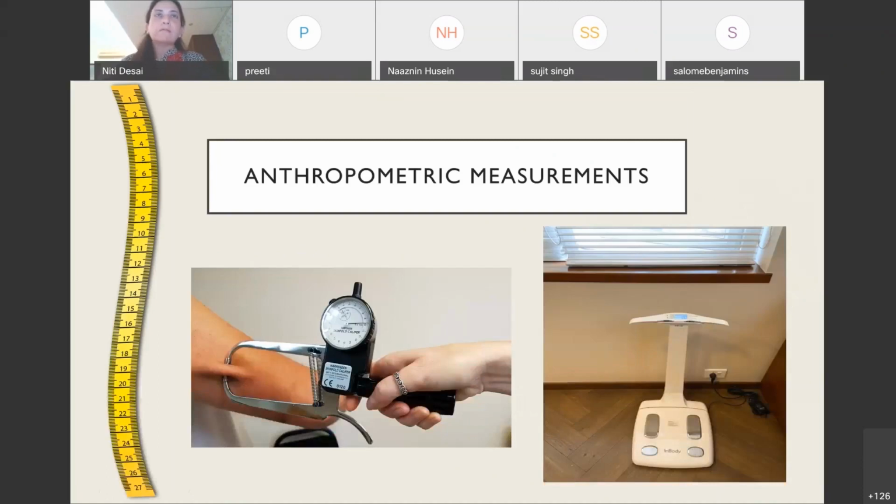So if we start with the A, the anthropometric measurements, before we move on to the dietary recall, besides the height and weight, which we know we all take, we can of course use the simple measure tape to get the waist circumference, which tells us a lot, especially for the Indian population. As you know, it is extremely important. It is perhaps more important than the body mass index.